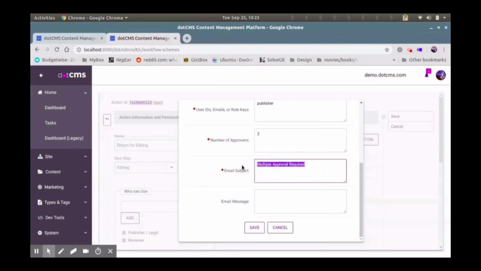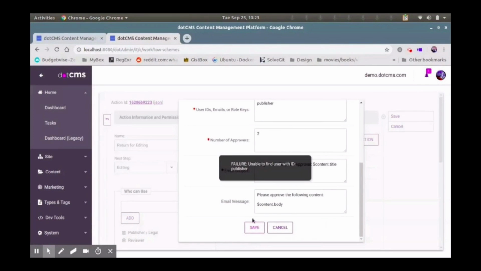You'd be able to also send an email to notify them of these things, and you can actually put velocity in here. You can put something like content.body, so you can say like, please approve the following content, and then have the content.body there. Blog article requires approval, and then content.title, something like that. Save that, and it'll create,